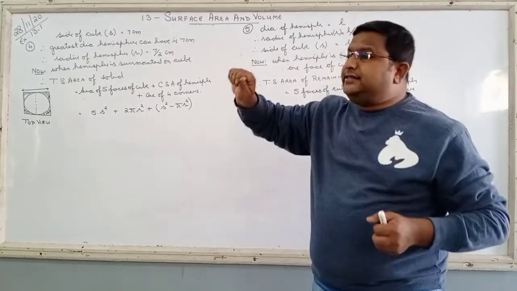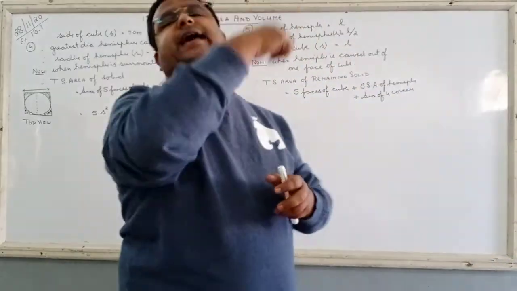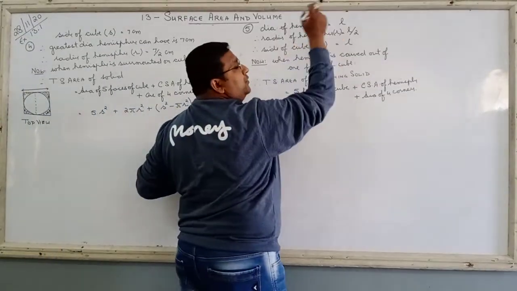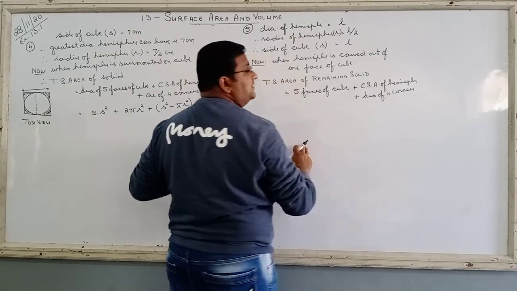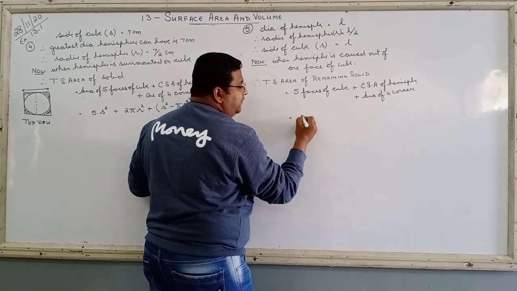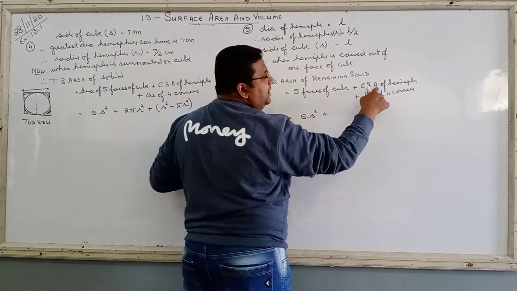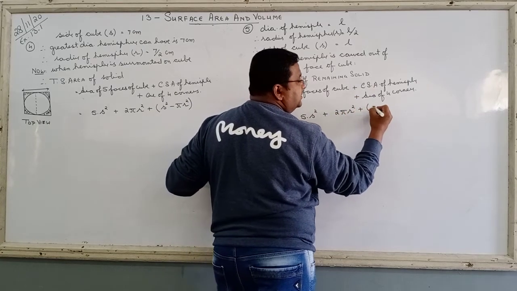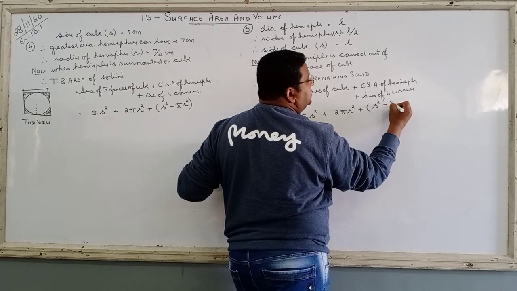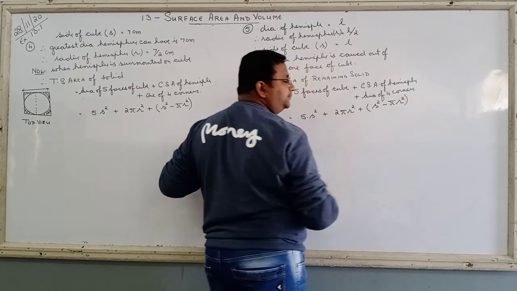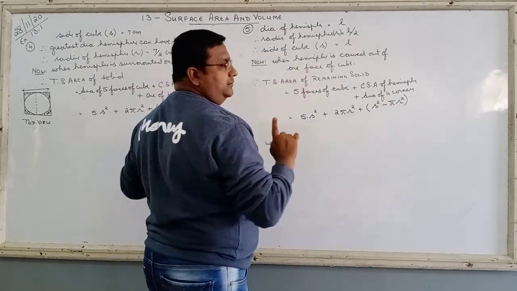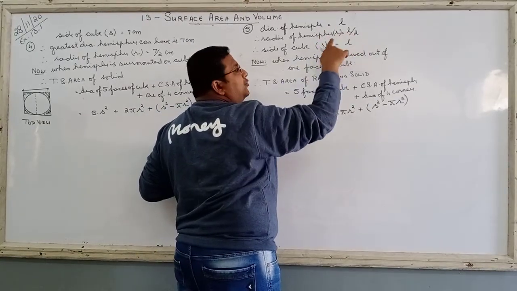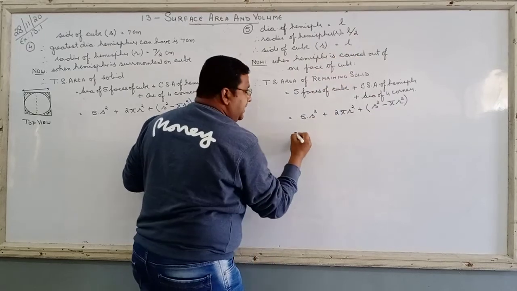The only difference, there the size of the scoop is smaller than its surface area. Now the problem arises, here the side is given as L and here the side is given as S. So 5 faces of cube, 5 into S square, plus curved surface of hemisphere 2 pi r square, plus area of 4 corners, side square minus pi r square. Same formula. The only difference, in place of r it will be L by 2, in place of S it will be L. Let us solve it.